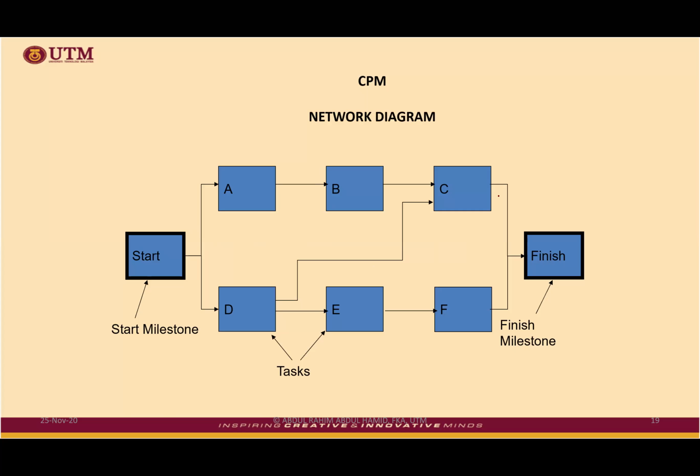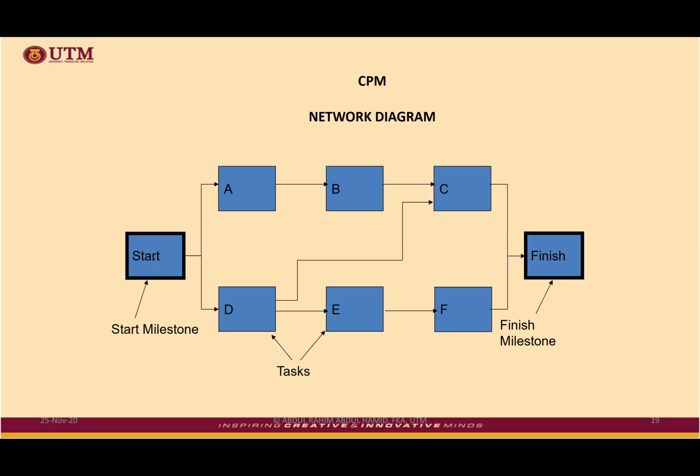You see everything is connected in terms of arrows. You do not leave one or two activities hanging just like that, even though it is not wrong. But the idea of a network diagram is to generate the critical path. So when you want to generate the critical path, when everything is connected like this diagram, you can start